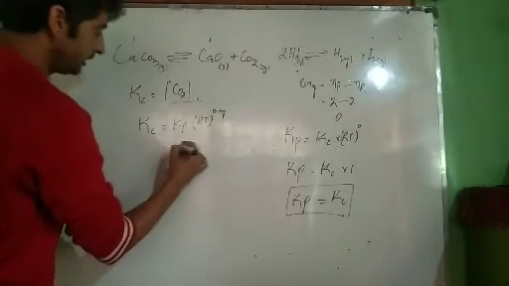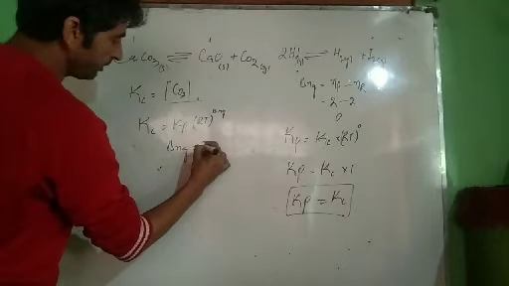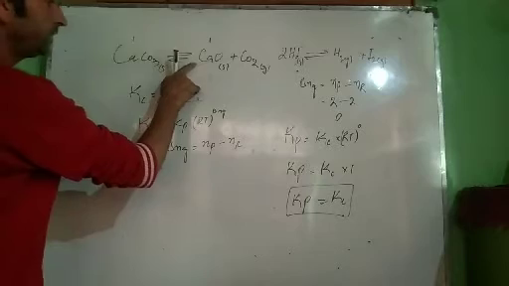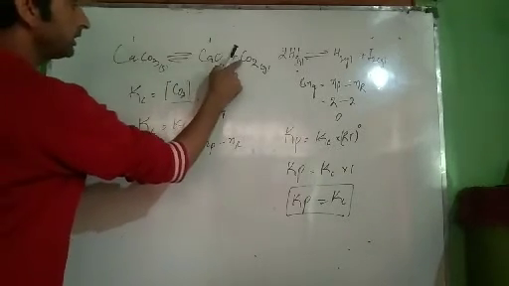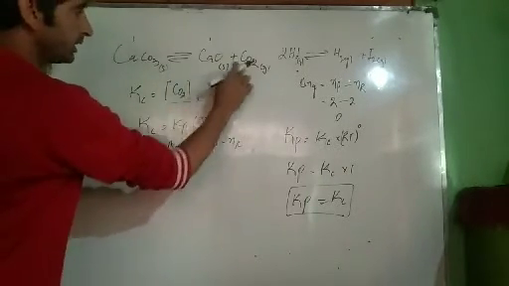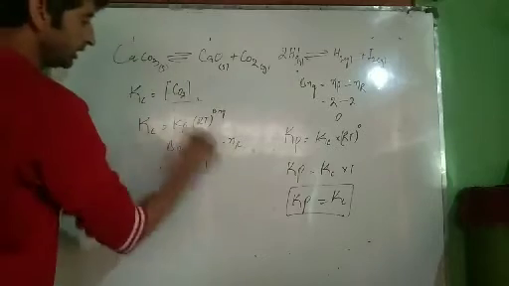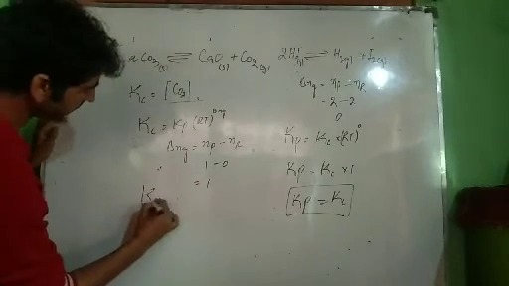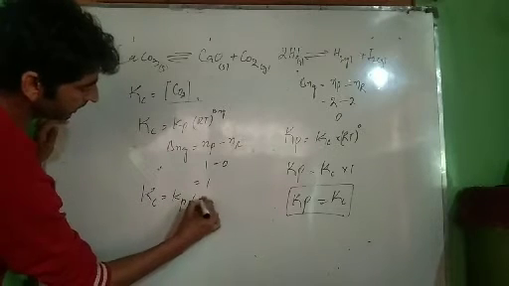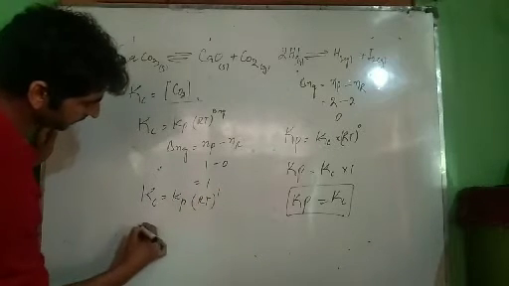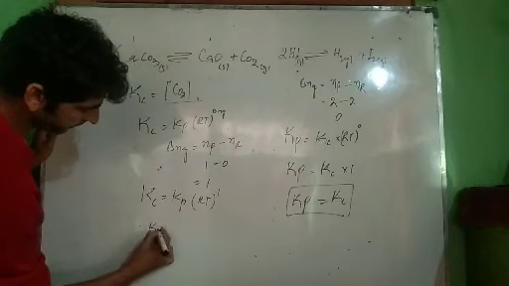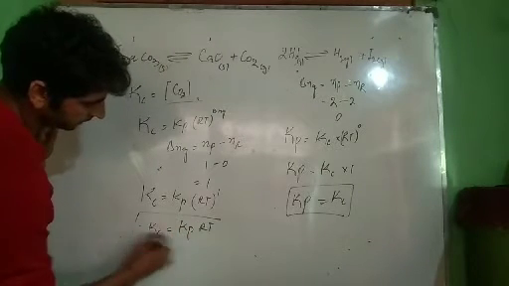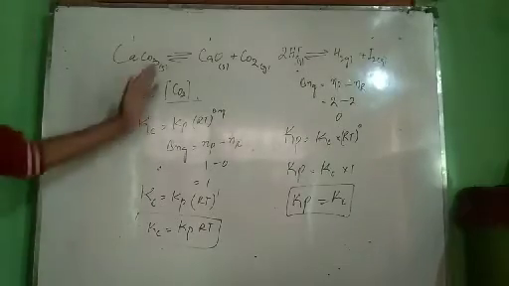Now determine del Ng. Del Ng is equal to the number of moles of gaseous products minus the number of moles of gaseous reactants. Now is this gaseous? No. Is this gaseous? No. Is this gaseous? Yes. Therefore this is the product. Gaseous product is 1. Gaseous reactant is 0. 1 minus 0, that is 1. Therefore substituting in this equation, we get Kc is equal to Kp into RT raised to power 1. That is Kc is equal to Kp RT. This is the solution for this equation.